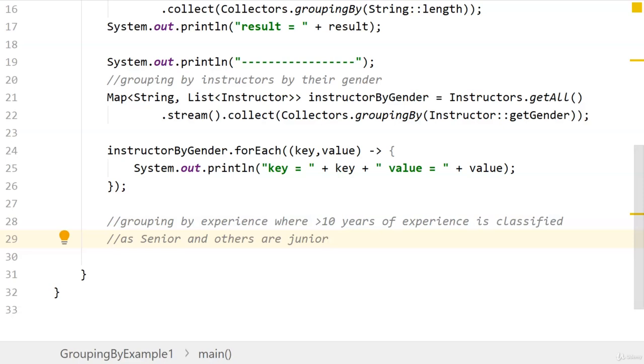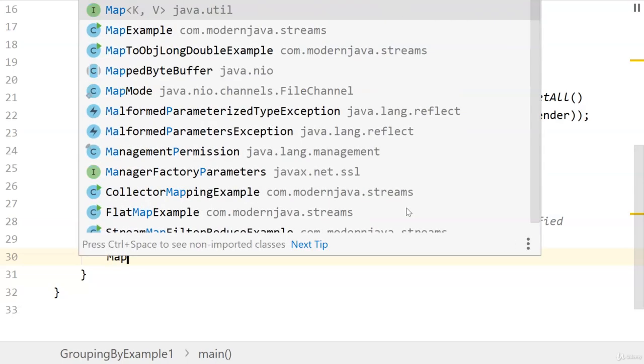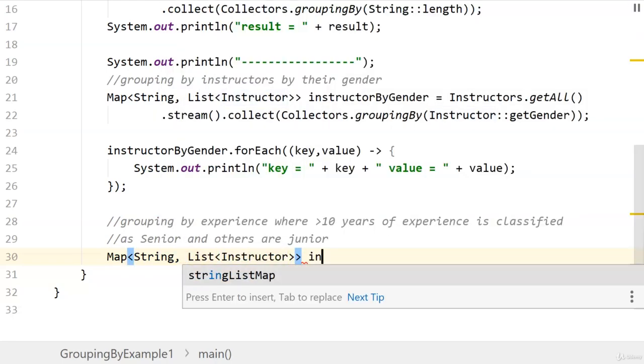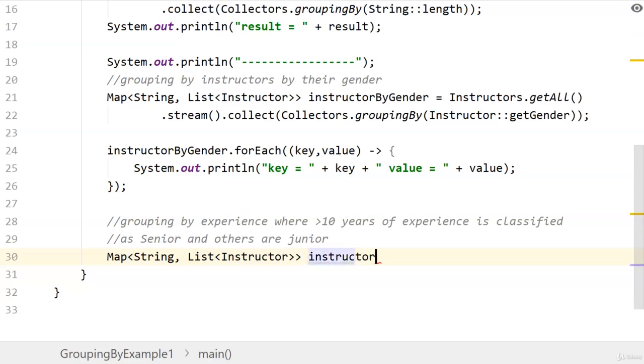So we are classifying them on the basis of their experience. If they have more than 10 years of experience, then they are senior, otherwise they are juniors. So here it will return a Map of String and List of Instructor, and here instructorsByExperience